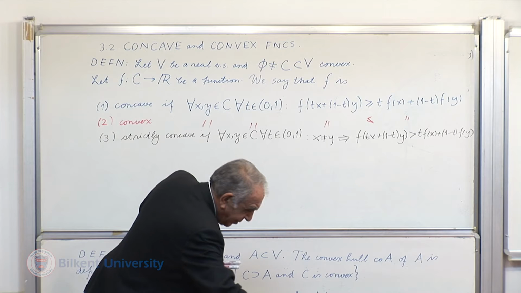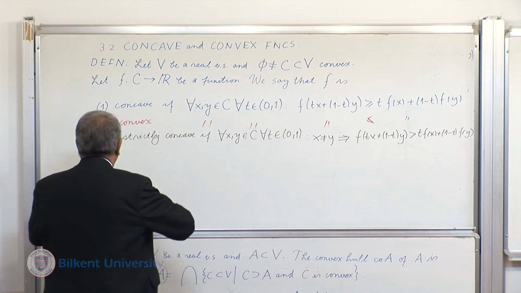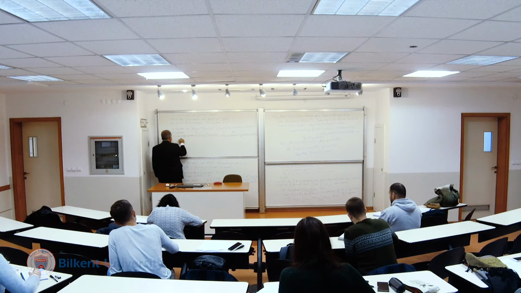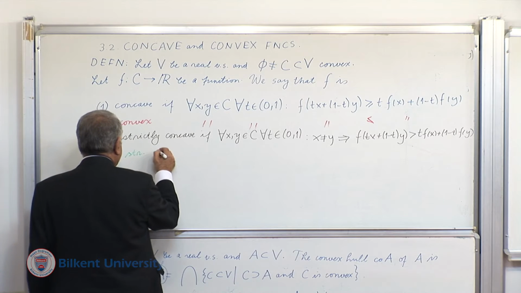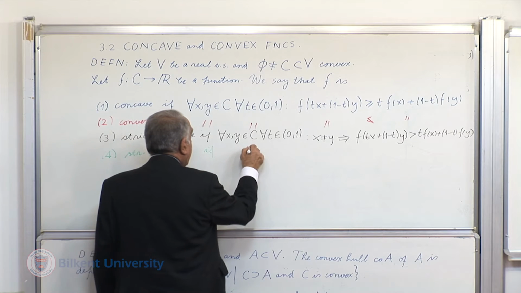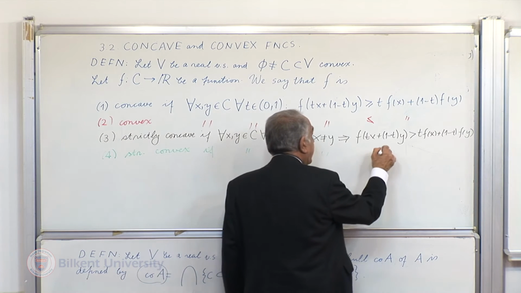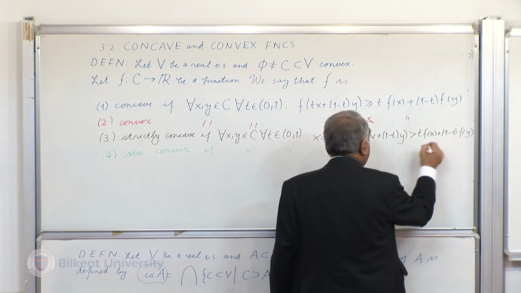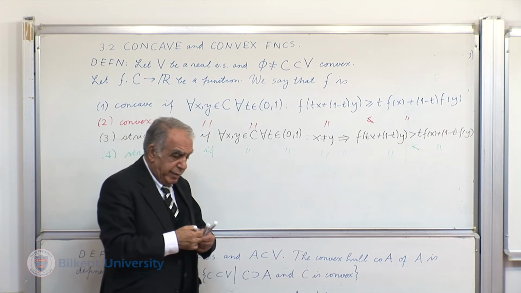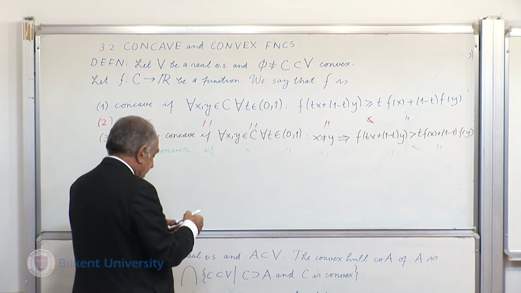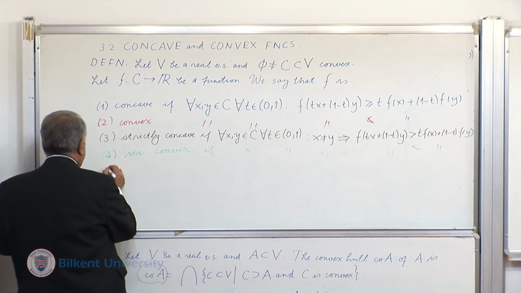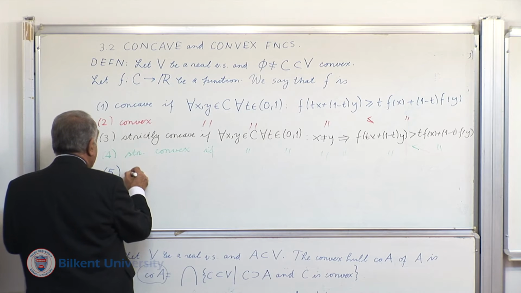For strictly convex, if all this holds, but this time the inequality is reversed. Let me turn back to the first color. 5. Quasi-concave